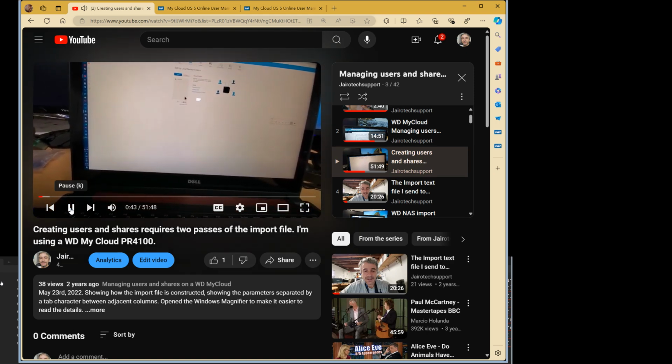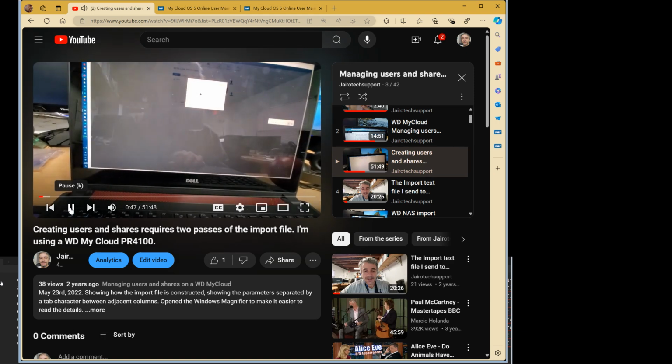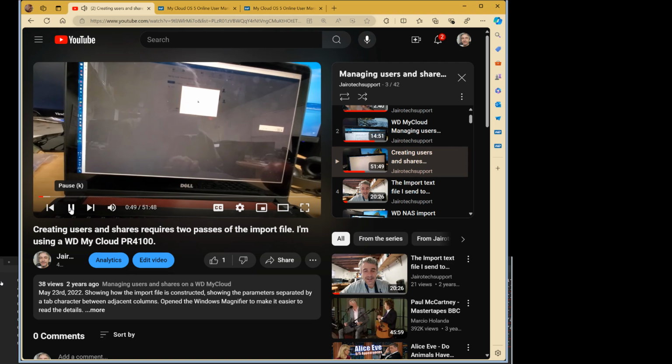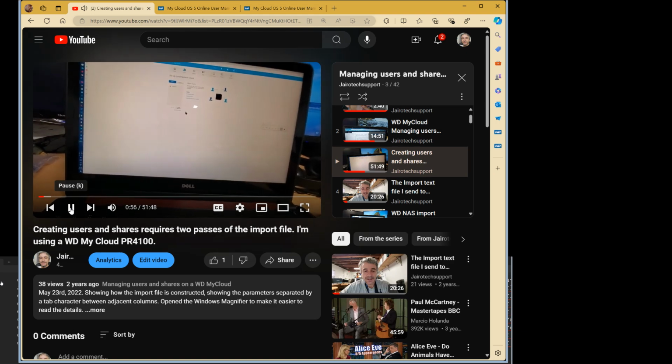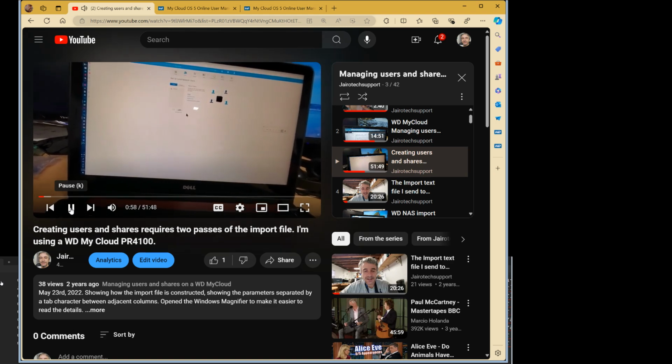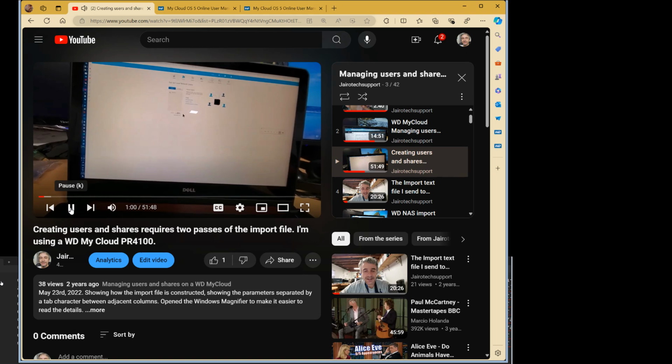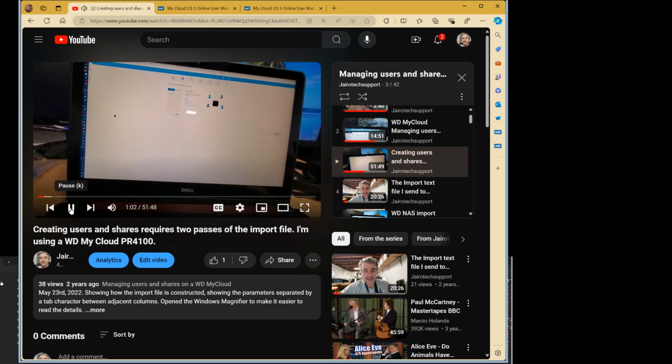So normally you would go like this to add a user and put the username there and the password and confirm it and apply. But imagine if you have over 15 users to add. That would be tiresome. So there's the feature or functionality, or however one should call it,